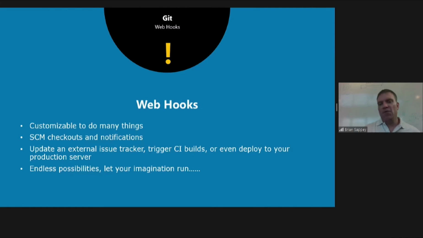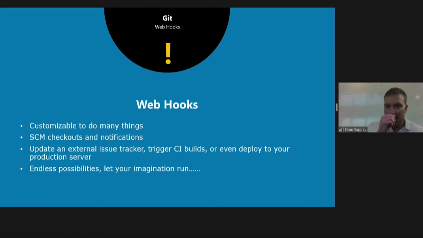And then webhooks. To me, this is probably one of the most powerful uses of really getting that automation or that CI process automated. Git has, I think, 300, I could be way off on that, but it's quite a few different things that you can trigger a webhook on. Now you can say, send me everything, and it's going to send you everything under the sun